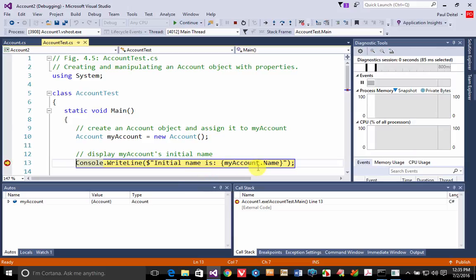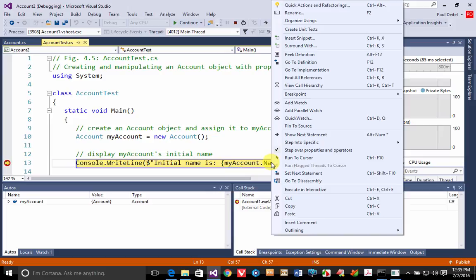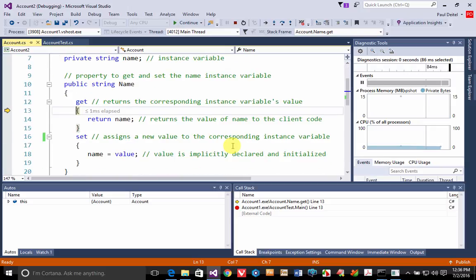Now, by default, the Visual Studio Debugger automatically steps over properties. So if you want to see how a get or a set accessor works, you need to right-click on the property name and then select Step into Specific, and then select the actual property accessor that you want to step into. Now notice it's only showing the get accessor in this list. It's not showing the set accessor, and that's because based on the context, the get accessor is what will be used here. So if I select get, now you can see we're in the name property of the account class